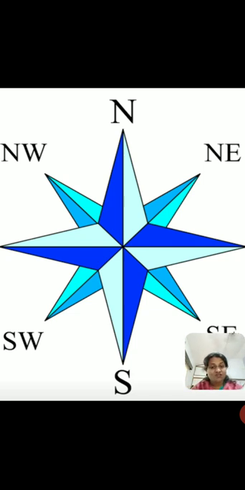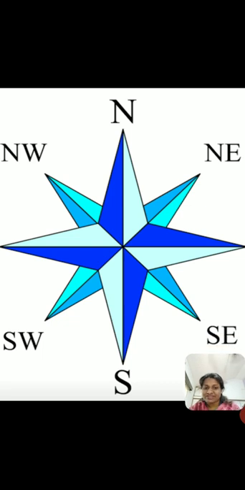These are the four main directions, and you will find this in every map, because that helps you know where the north of the map is. Apart from this, we have the sub directions, which are between north and east, and between north and west. Which are these sub directions? The sub direction between north and east is northeast. Between north and west is northwest. What about between south and east? The direction between south and east is southeast, and between south and west is southwest.